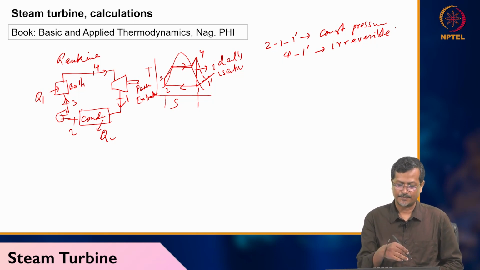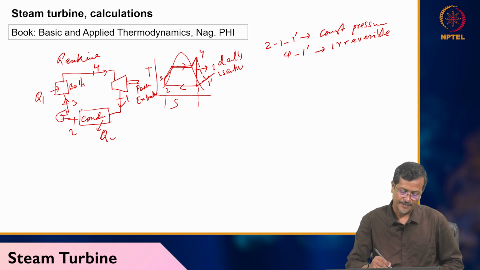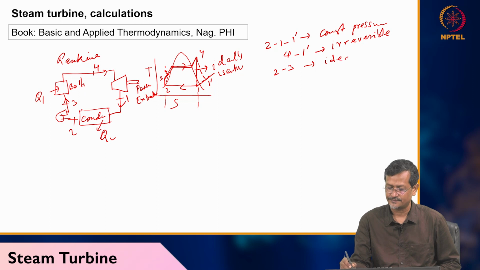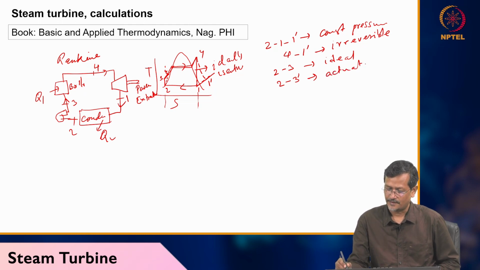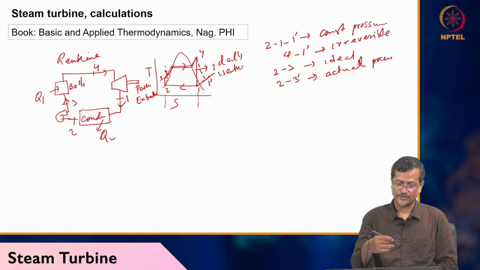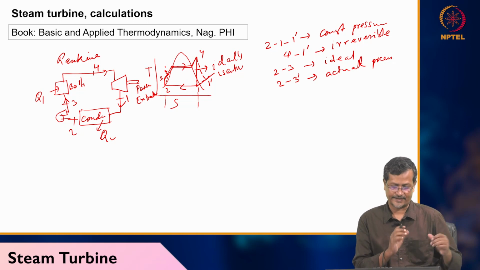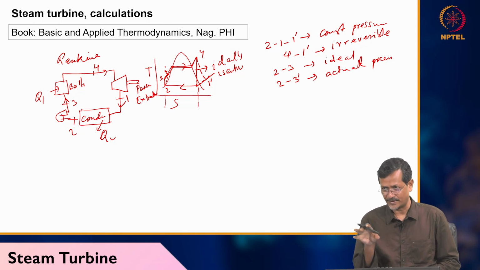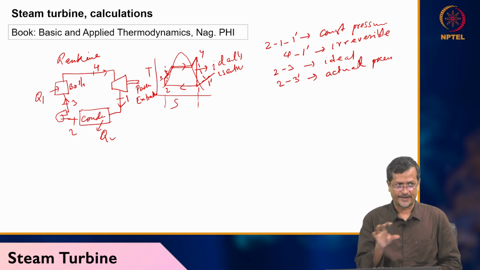But the same thing is happening on the pump side. 2 to 3 is your ideal case, but practically it will be like 3 dash. So 2 to 3 is the ideal process, but 2 to 3 dash is the practical or actual process. You see the line is longer, meaning you are actually giving more energy. The pump will be taking more energy than whatever you calculated for the ideal case. In the turbine you are getting a little bit less energy, so the actual cycle will be giving a little bit lower energy than whatever you are calculating. But first you have to assume everything ideal and calculate, and